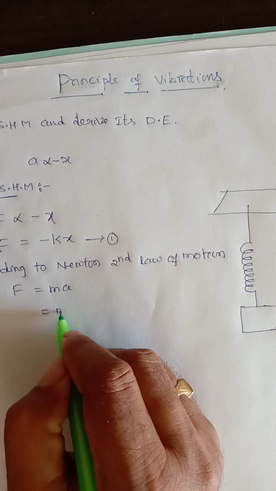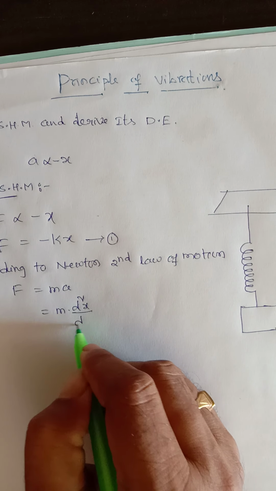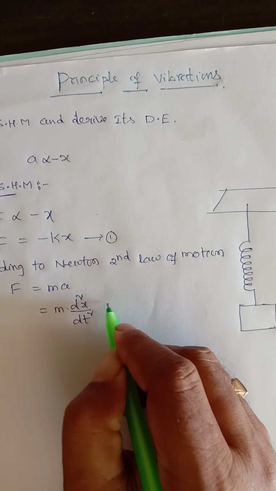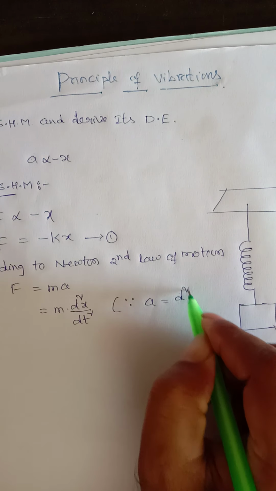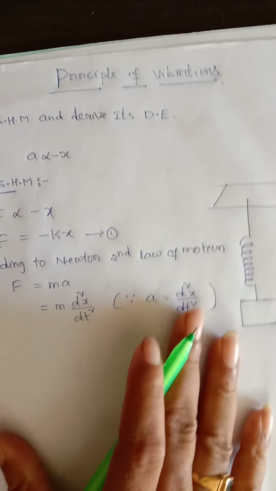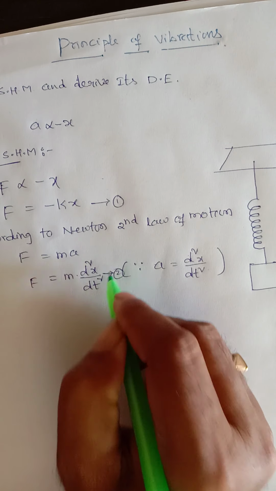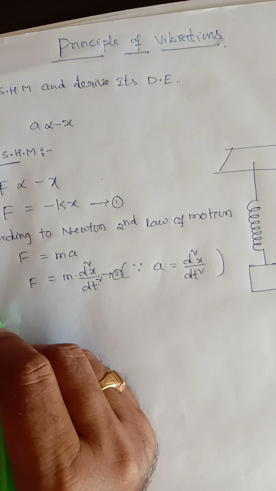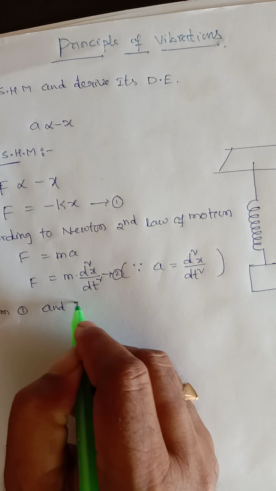So m into acceleration, where a equals d square x by dt square. This is equation 2. From 1 and 2,